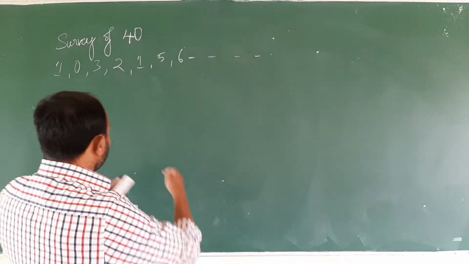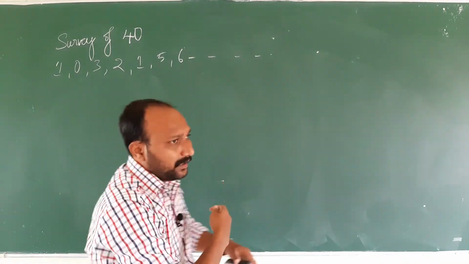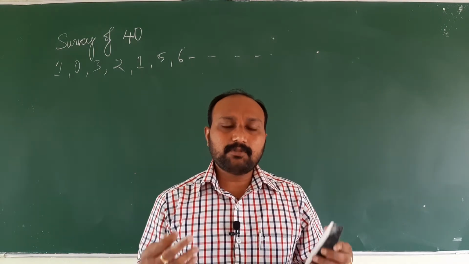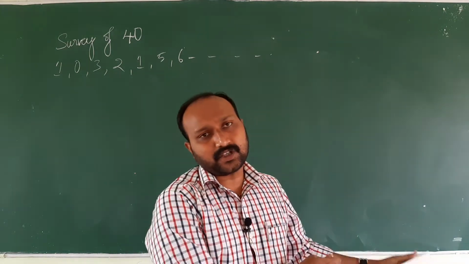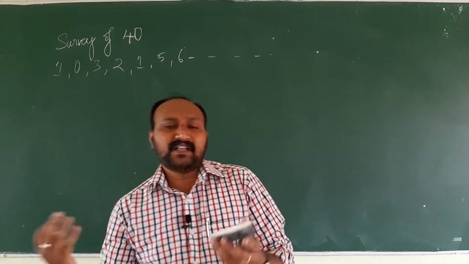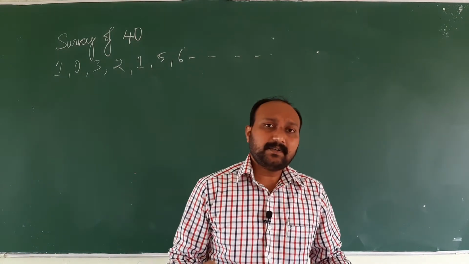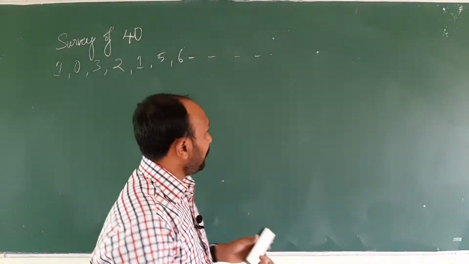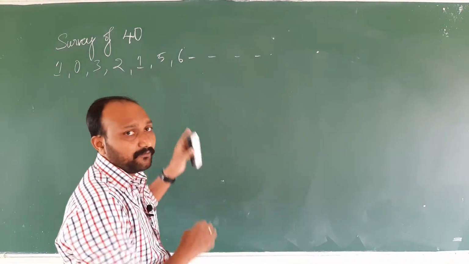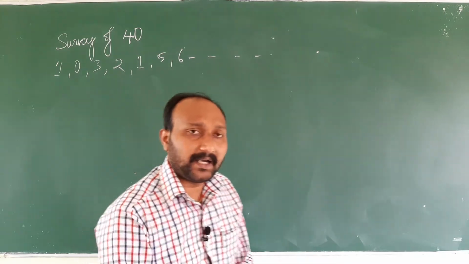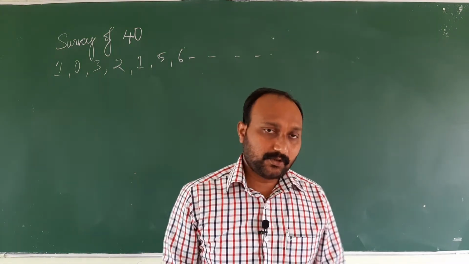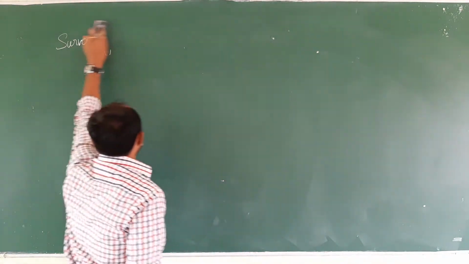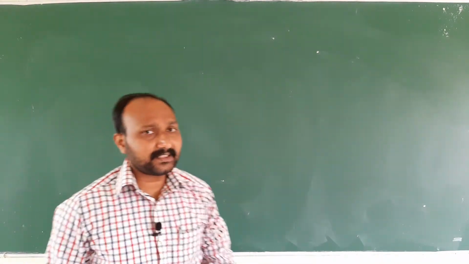If the data is present in this particular format, it cannot be used for decision making. We cannot say what is the number of families having 2 children, what is the number of families having 5 children, or what is the number of families without any child. We cannot say that. So that's why after collecting the data, we are presenting them in a suitable, tabular format. For that we need to present the data in a frequency table. So let us do that.